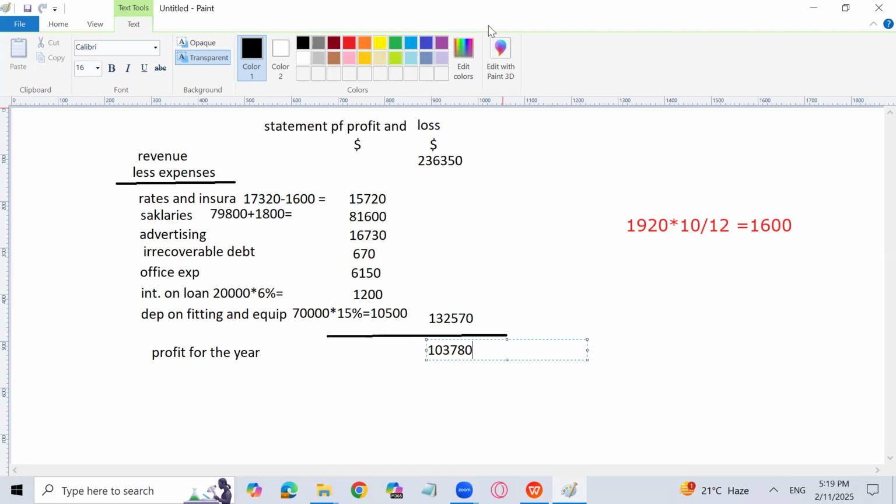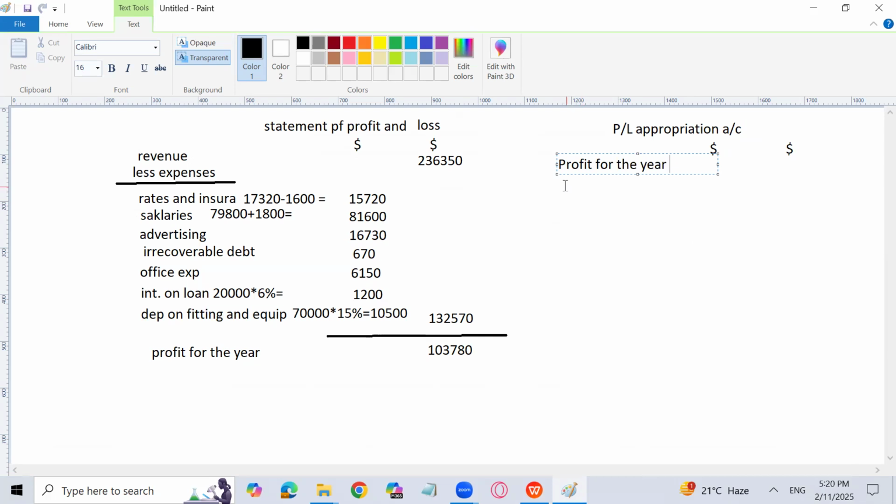Now I am going to prepare the appropriation account because it is required in the question. So that's why I have to prepare the profit and loss appropriation account. Okay, I will write here the dollar sign, and again I will write here the dollar sign, and I will start from the profit for the